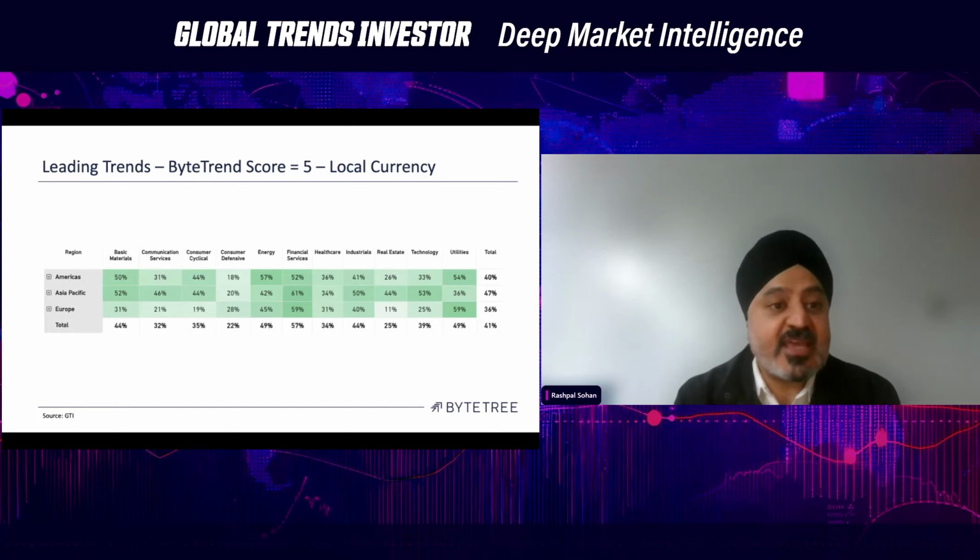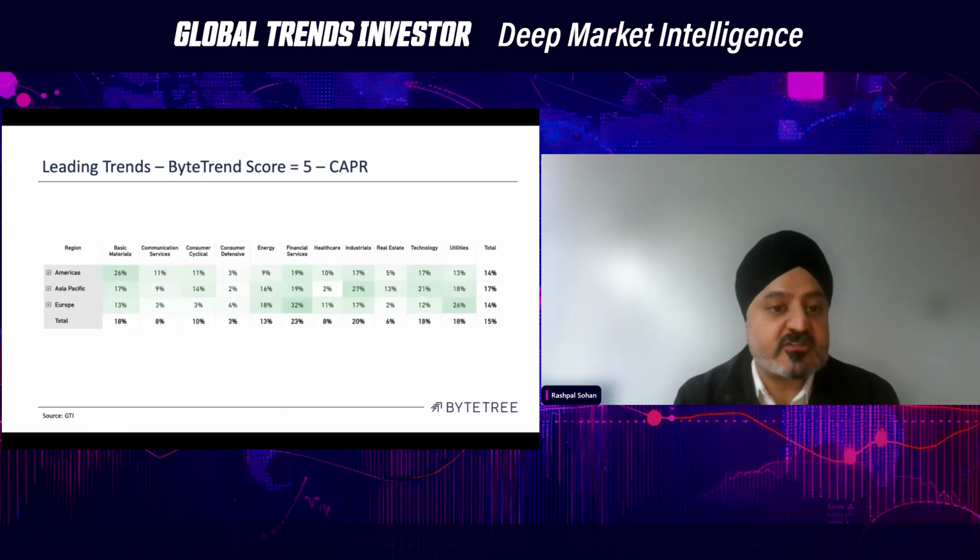If you look at the same scoring in terms of relative price action, so this is the price versus the world index, the first thing that hits you is how much more faded this chart looks, right? The colors are less green, telling you that there are fewer stocks meeting the criteria of a 5 in relative price terms. Relative price terms is how we identify alpha. Alpha is those stocks which are outperforming the world index. The larger the number, the more alpha there is. The smaller the number, the less alpha there is.